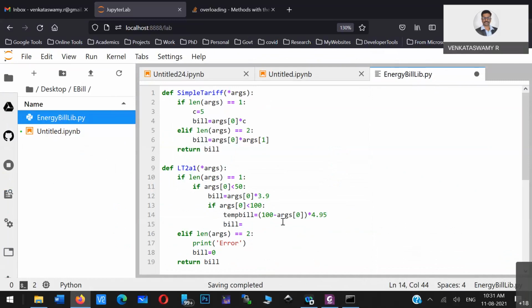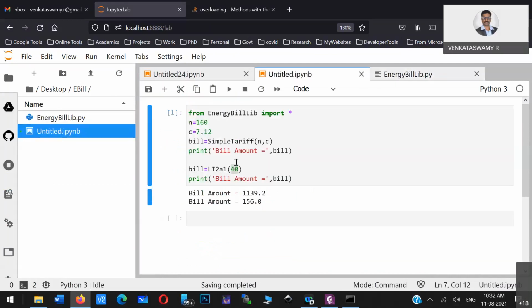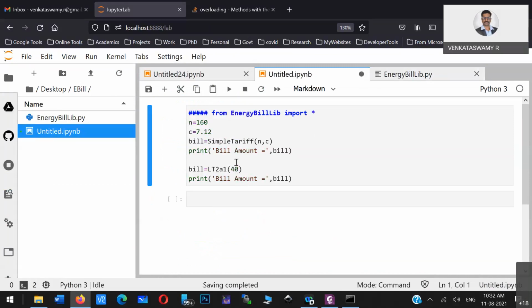So this is the next block bill. And your bill amount is equal to the previous bill and the temporary bill you have calculated. So what happens in this particular case if the number of units exceeds 50, maybe 51 I'll consider.